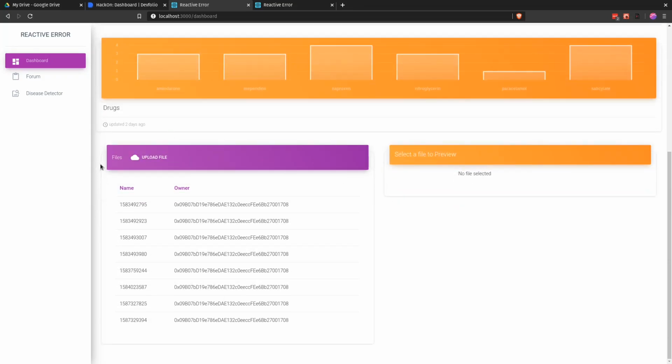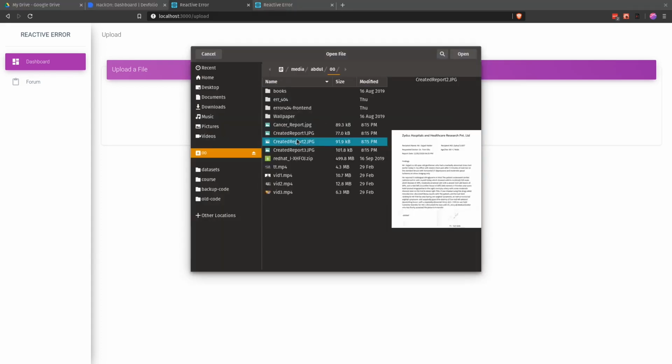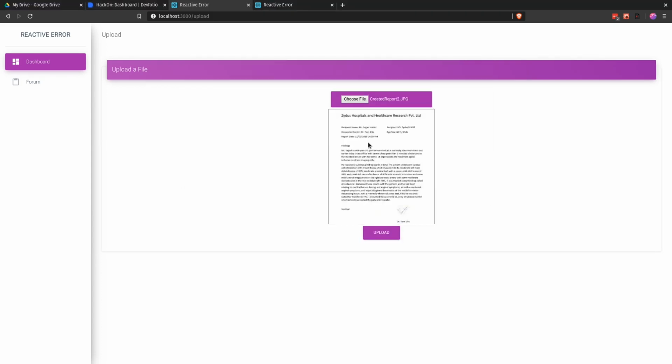The patient starts by uploading a file. They go to the upload screen. As soon as you click on the upload file button, you'll be taken to the upload screen where you can choose a file that you want to upload. We wanted to make this app as compliant with GDPR laws as we can, so we allow users to censor any sensitive information that they don't want to provide us. They can simply select and drag over the places that they want to censor.